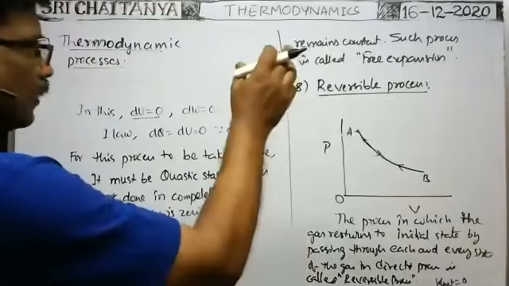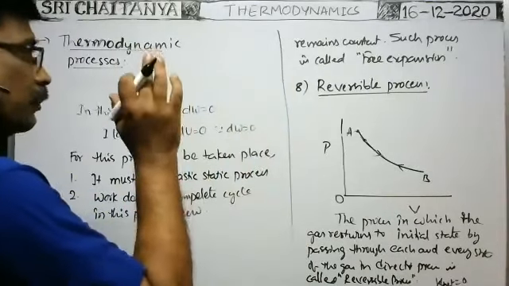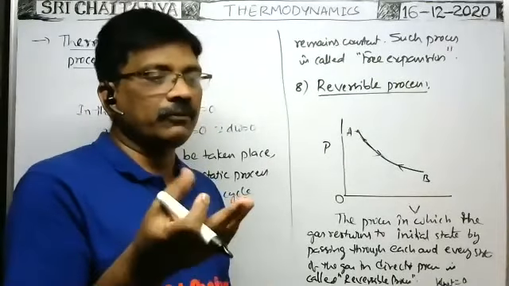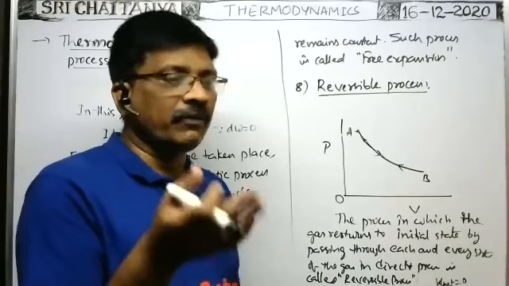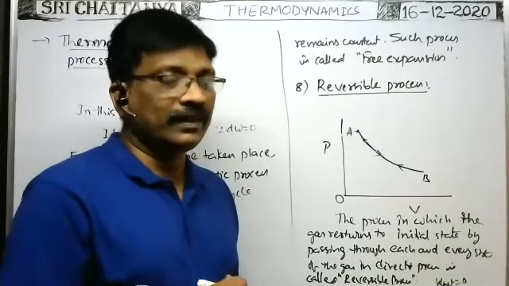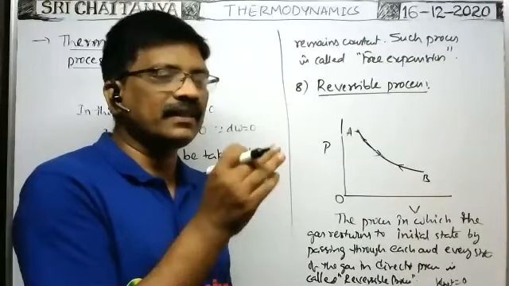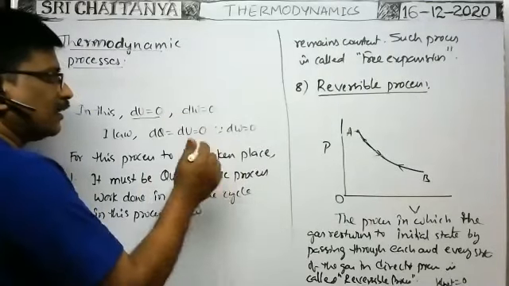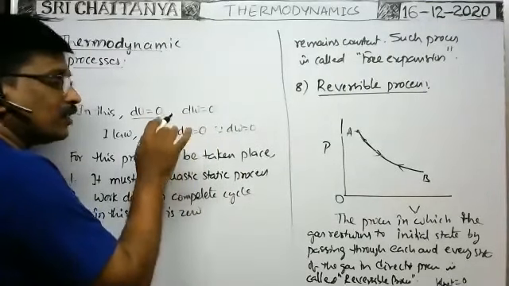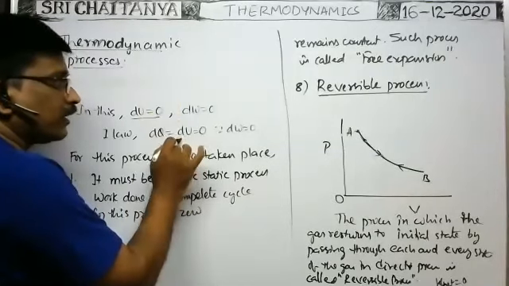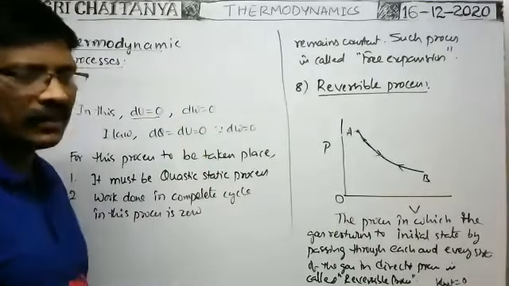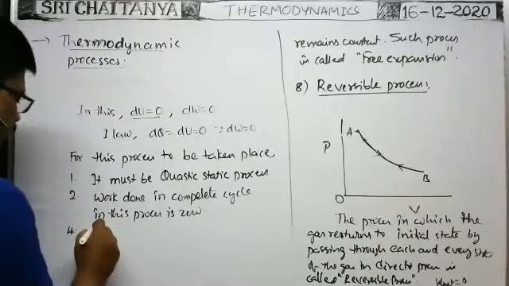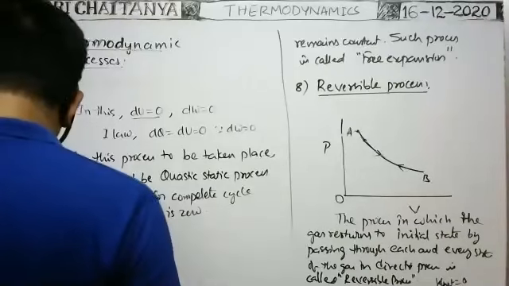But for this reversible process to take place, there should not be any dissipative forces. Dissipative forces means viscous forces, friction forces, etc. Some work has to be done against this friction, against these viscous forces. That's why definitely some energy is lost. Whenever energy is lost, the final internal energy will be less than the initial internal energy. There is a net loss of internal energy, so the change in internal energy is not equal to 0 in such a case. That's why there should not be any dissipative forces.